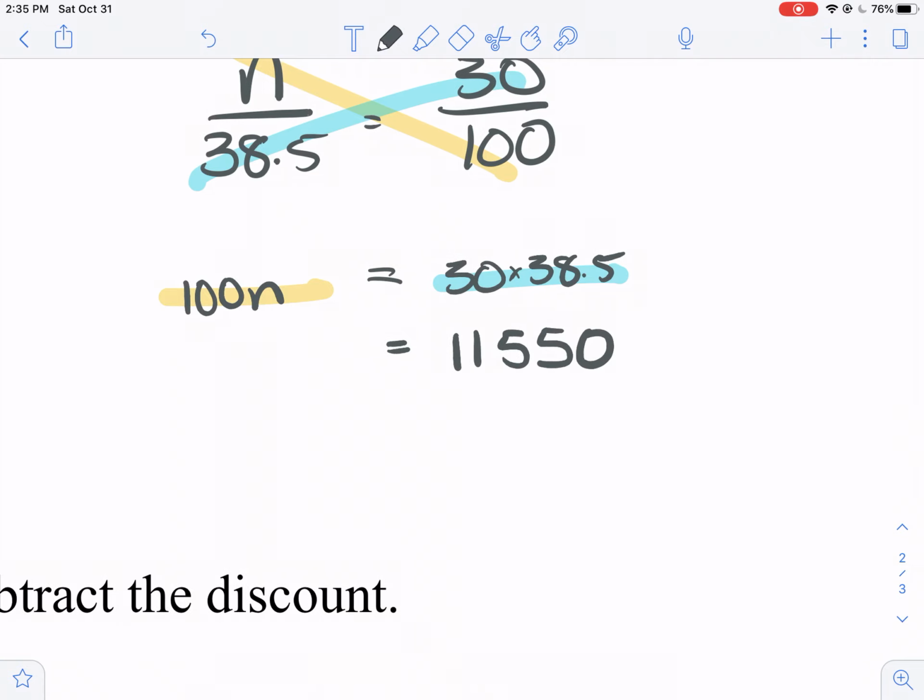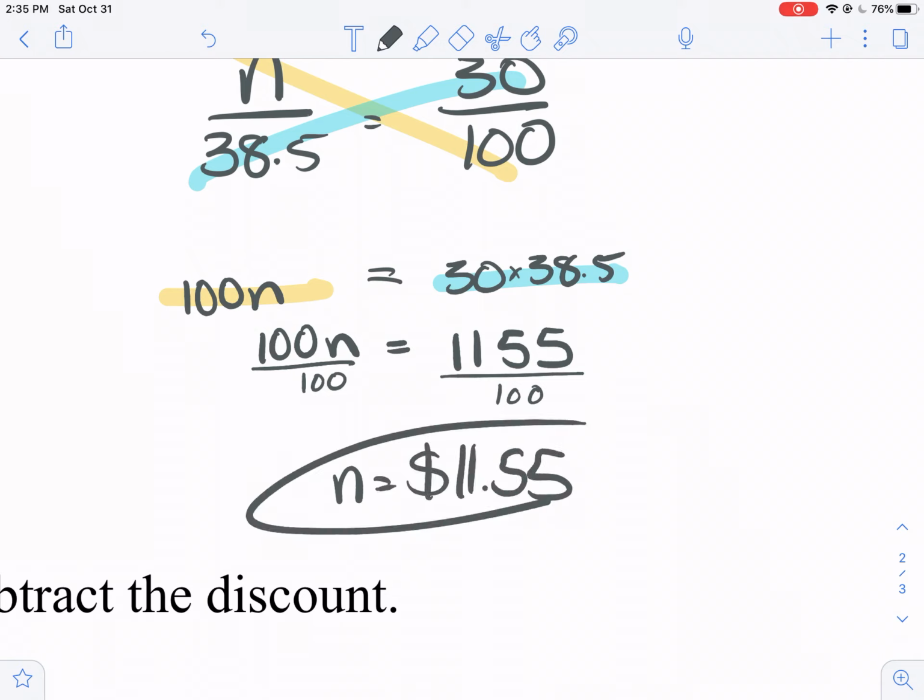1155. Shoot, I forgot to do this in my notes. I just have the answer. Okay, hold on, I'm going to do this real quick. 30 times 38.5. Oh yeah, that's exactly that. Good job, me. Okay, 100n equals this, divided by 100, divided by 100. So n equals